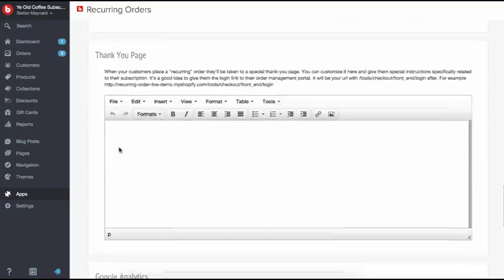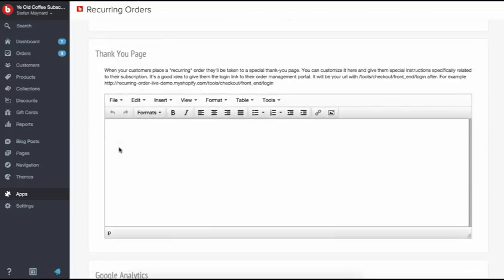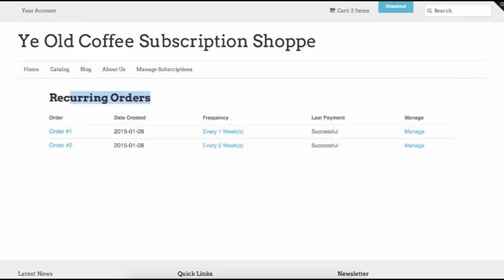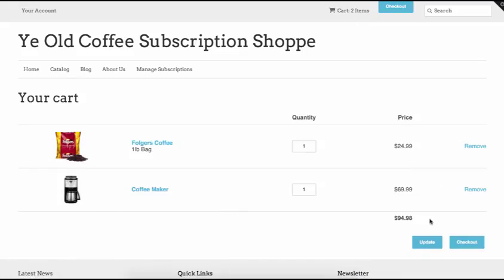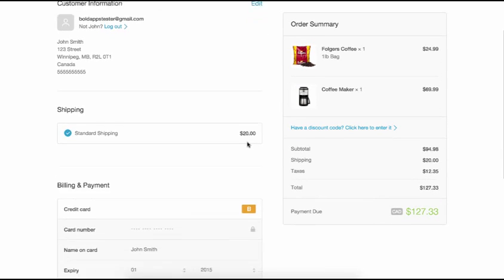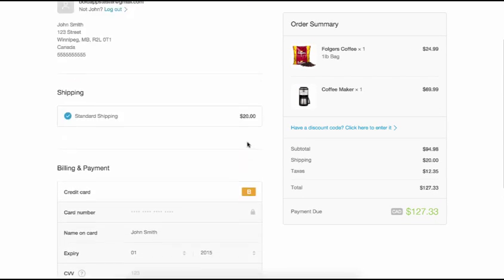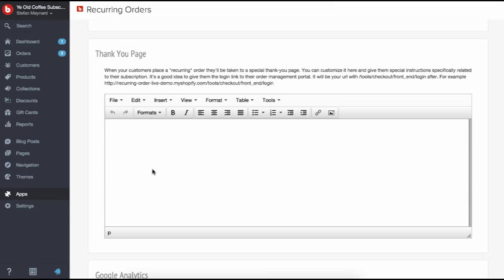The thank you page is, we use the same thank you page as Shopify. So when a customer completes an order, they go through the checkout. The checkout process looks just like normal. They would go here, they would click checkout, which brings them to a page that looks very similar to what you're used to. Now, if I put something in my thank you page here, which actually this store doesn't have anything,